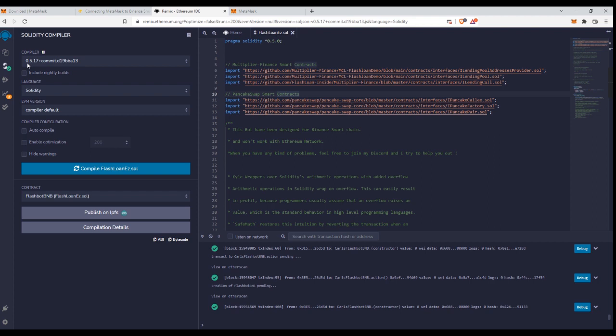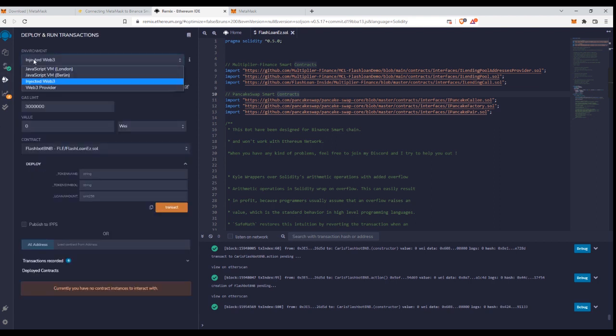We make sure that the compiler version is 0.5. We hit compile, and everything is okay. The contract is created. Once compiled, we connect our wallet using the injected Web3 option here. The account appears here. We need to make sure that we have enough BNB to fund our gas commissions for our operations. We then select the contract here,